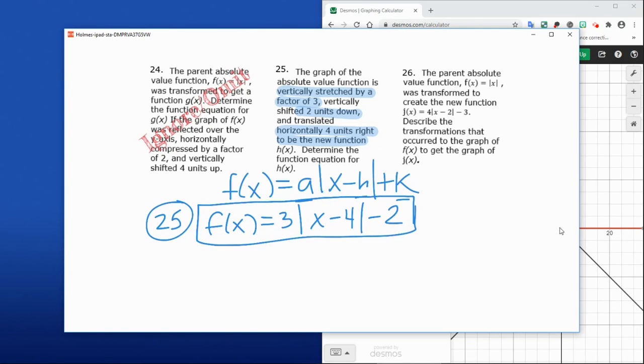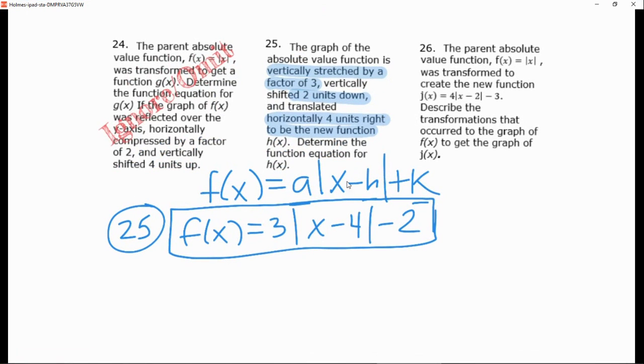And this is our function. What you can also do is graph this on Desmos and see if it's actually true. Did it move, right? Is it thinner? Is it narrower? Did it move to the right and did it move 2 down? That's all this is. Number 26,